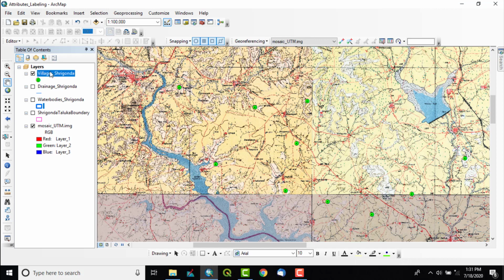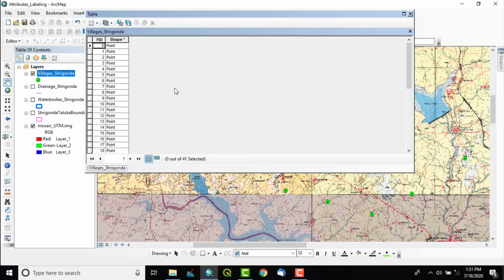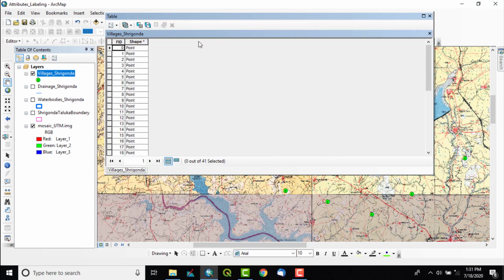So we can right click on any shapefile and just go to open attribute table to view the attribute table. And in that there are some attributes which are by default given by the software itself. So that is feature ID, FID and shape. Then sometimes there is also one attribute, it is called ID in case of shapefile or object ID in case of feature class geodatabase.